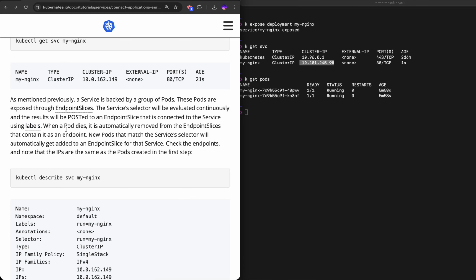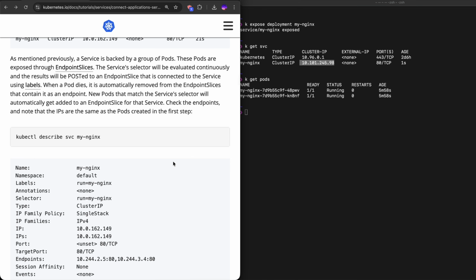When a pod dies, it is automatically removed from the endpoint slices that contain it as an endpoint. New pods that match the service's selector will automatically get added to an endpoint slice for that service. Check the endpoint slice. Okay, so